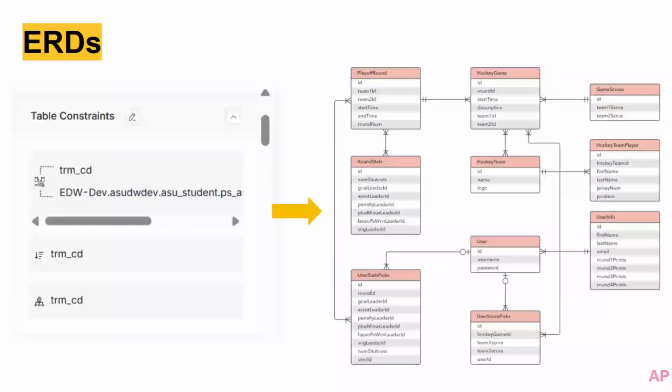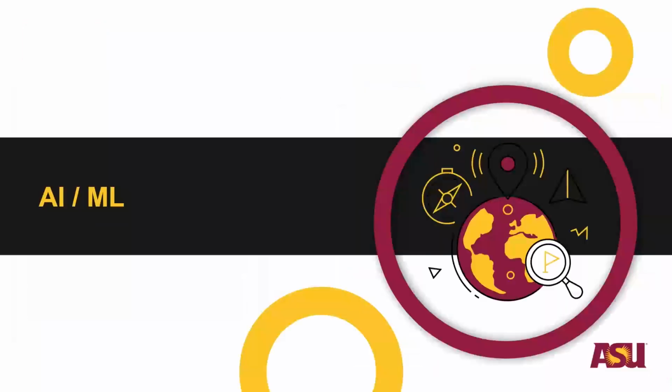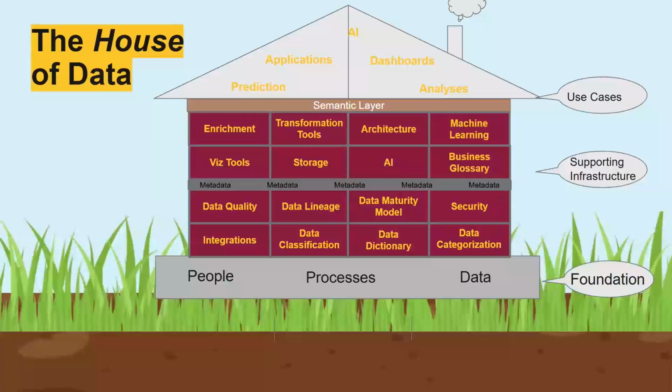And getting back to our ERDs, there is also the capability in open metadata to identify primary and foreign keys, which we can ultimately use, as Josh had mentioned, to derive ERDs, and that's the end goal here. So with that being said, we're going to transition over to AI and ML, which really touches a lot upon open metadata. So the foundation, it's at the top. It touches everything.